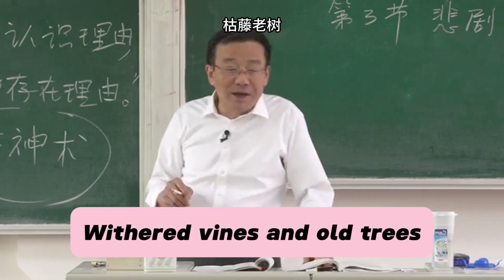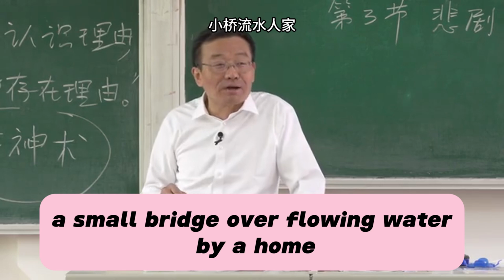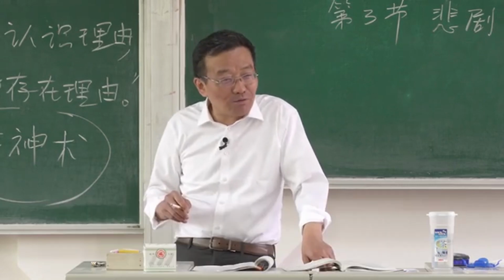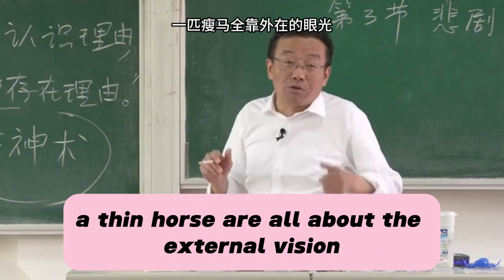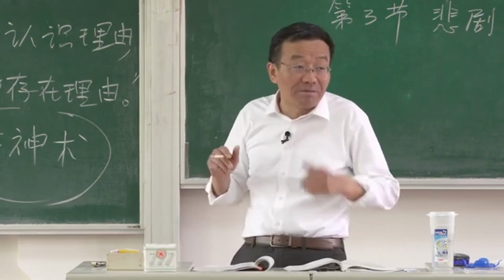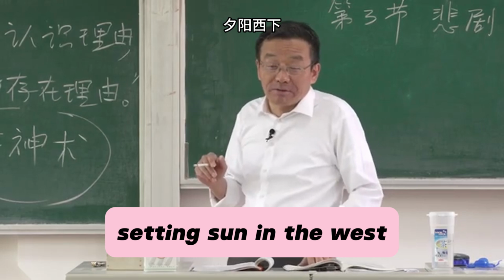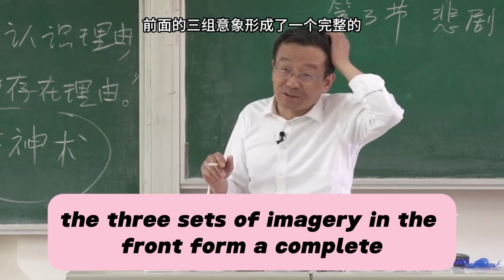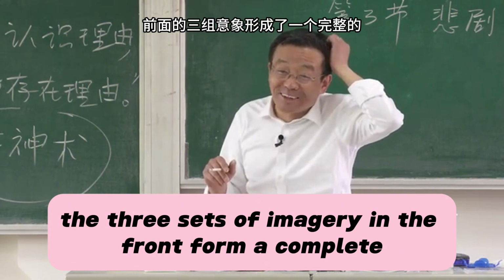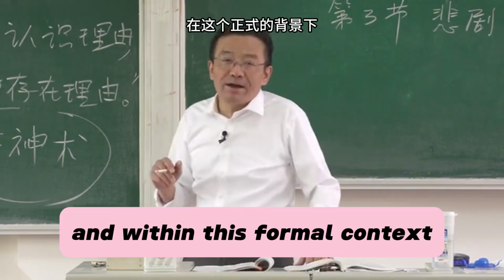The lines, withered vines and old trees, crows in the dusk, a small bridge over flowing water by a home. The ancient road, the west wind, a thin horse, are all about the external vision. But it needs that last line, the setting sun in the west, a heartbroken person far away. So, the 3 sets of imagery in the front form a complete formal context, and within this formal context, something